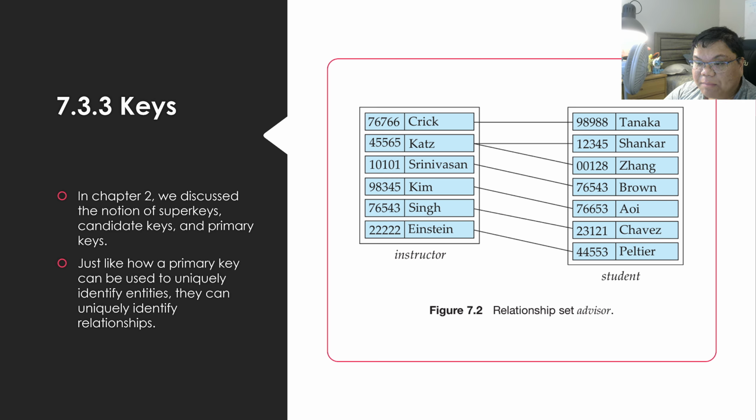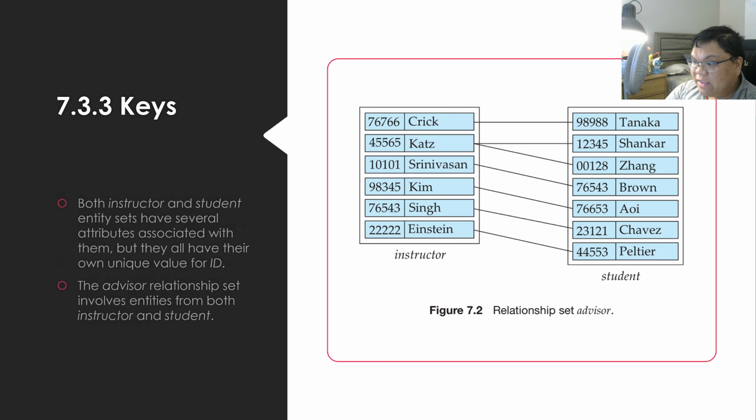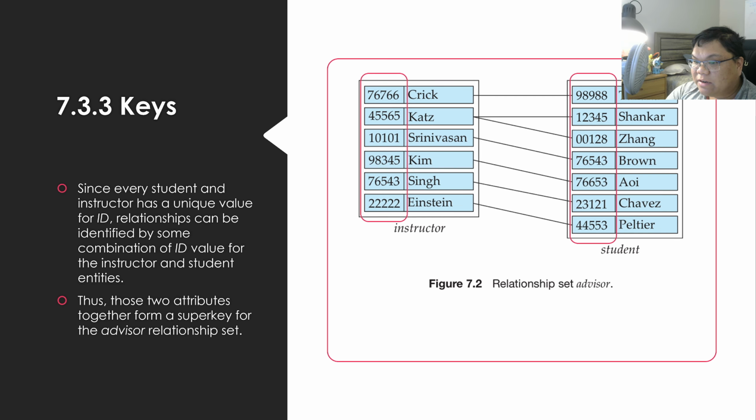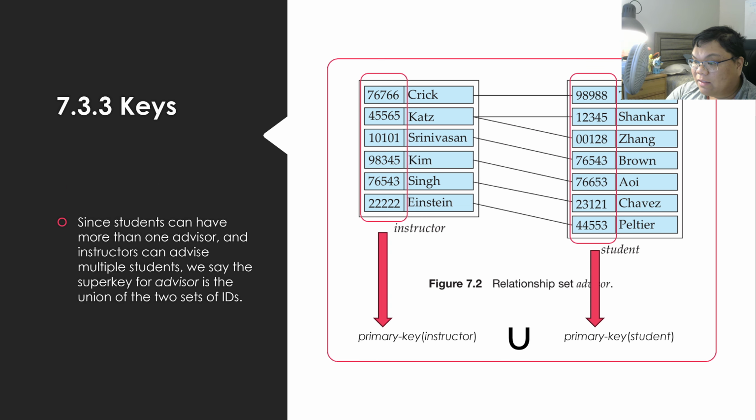So we can use a primary key to uniquely identify entities, but we can also use it to uniquely identify relationships. Basically, in a relationship set, if you have primary keys for the two participating entity sets, the primary key for the relationship set is going to be some combination of the two entity sets' primary keys. However, there are several options for this, depending on the mapping cardinality. So, before I get to that,